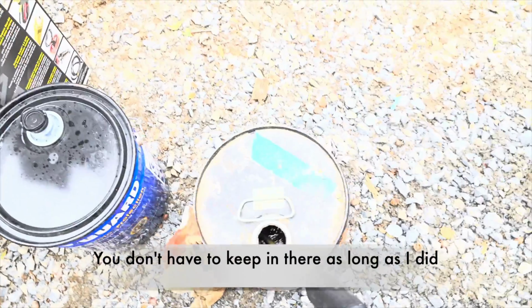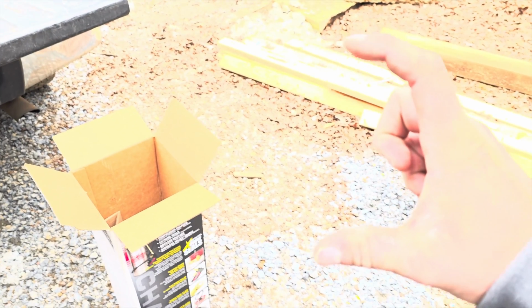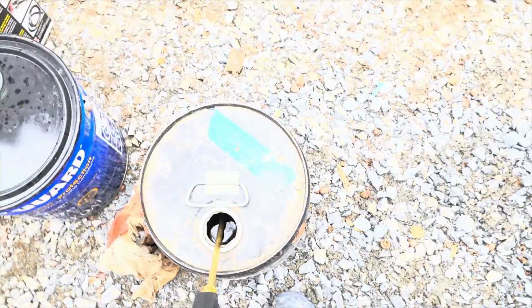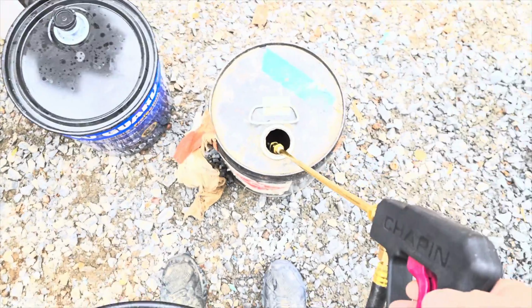Some guys will actually take and get like a little metal cork can, a little metal one with a lid, and put acetone or even xylene in there. Xylene works fine too, and they'll put a little xylene in there and then drop all their tips in. I used to do that, but it's just one more thing you got to remember or worry about your guys forgetting. And I'm going to go ahead and spray this stuff out,